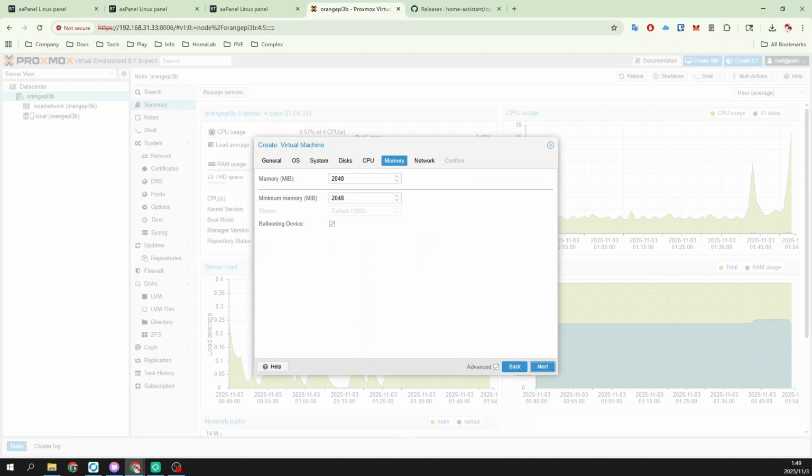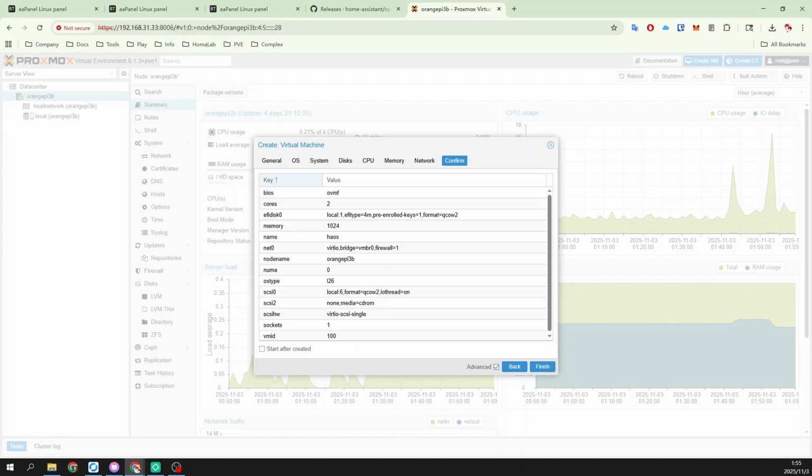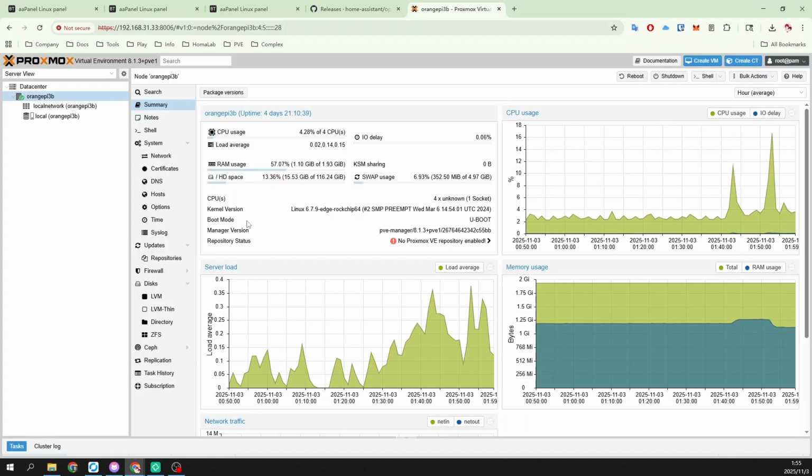Click Next. Because how much memory do we have inside it? This memory. Click Next. Click Finish. There will be one more here. This serial number is the name.